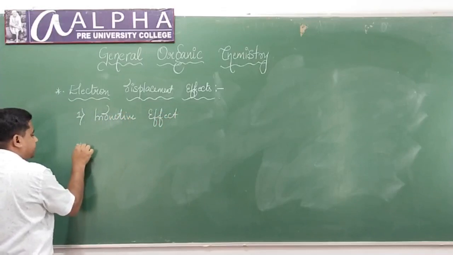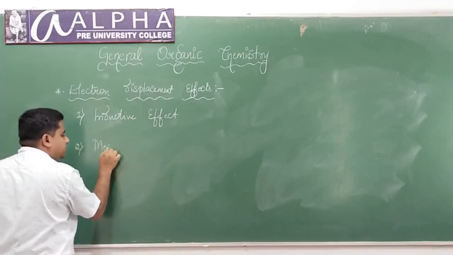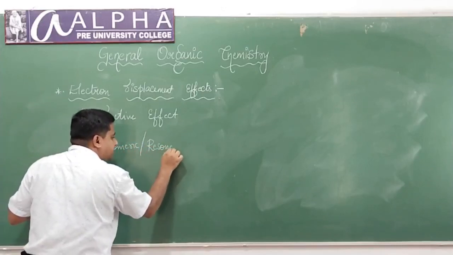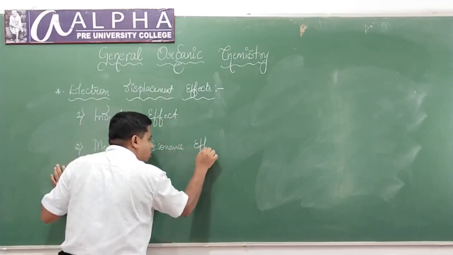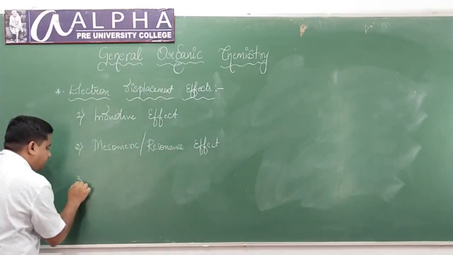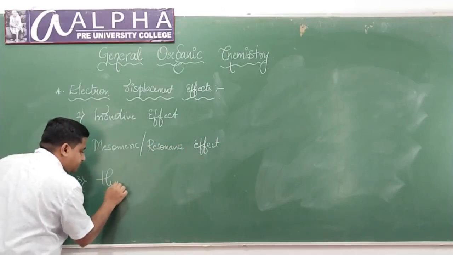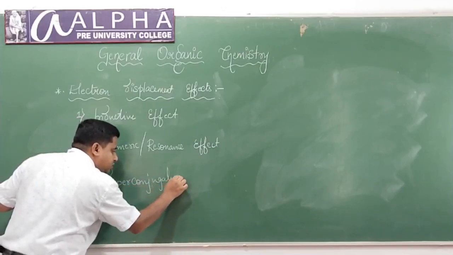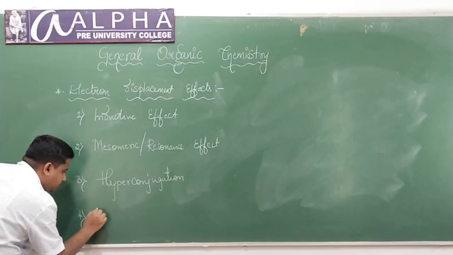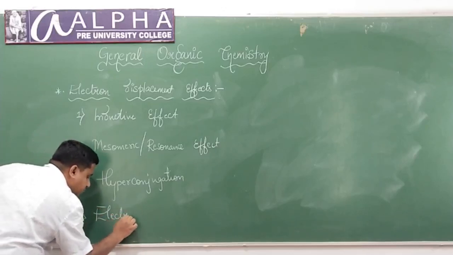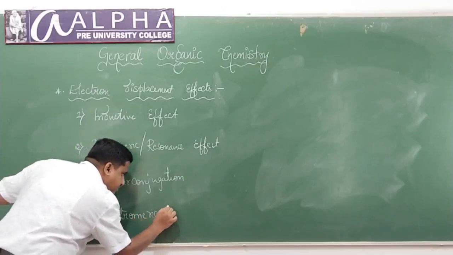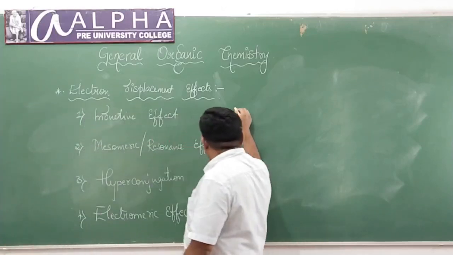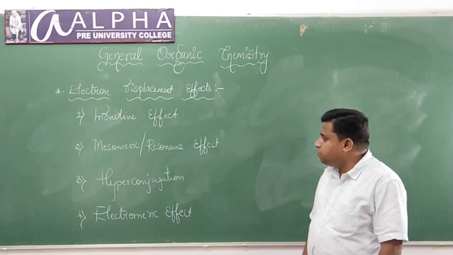Second one, mesomeric or resonance effect. Third one, hyperconjugation. And last one is electromeric effect. So again, note this point, that the first 3 effects, that is inductive effect, mesomeric or resonance effect, and hyperconjugation,